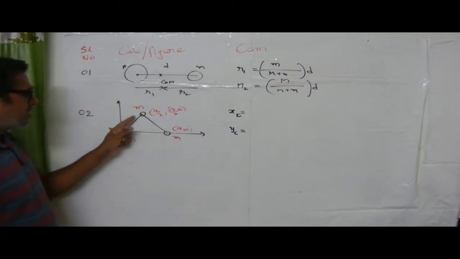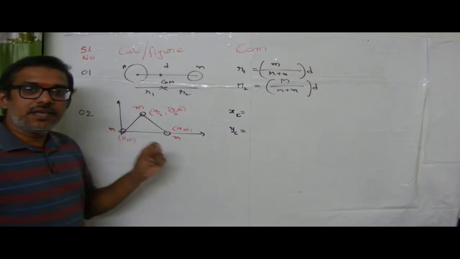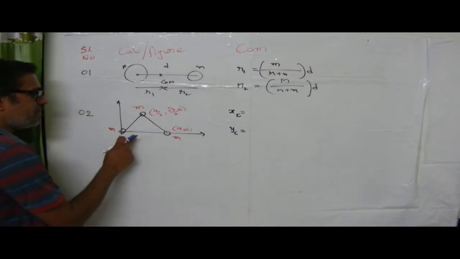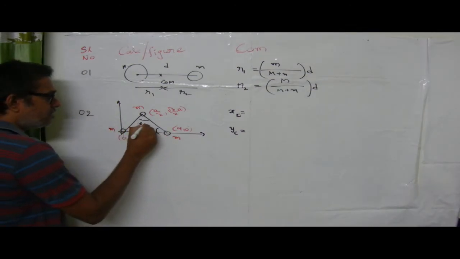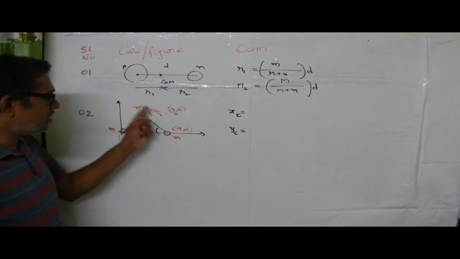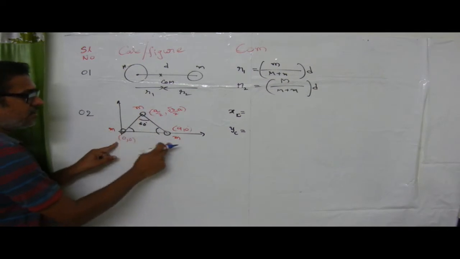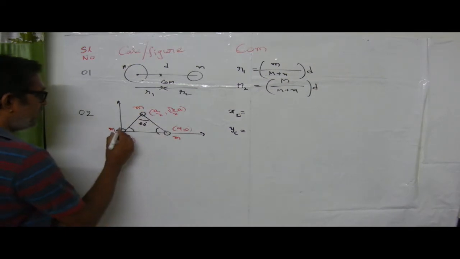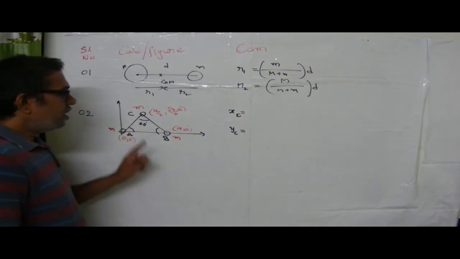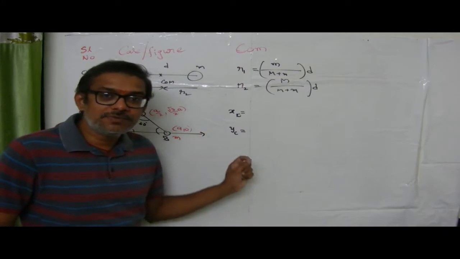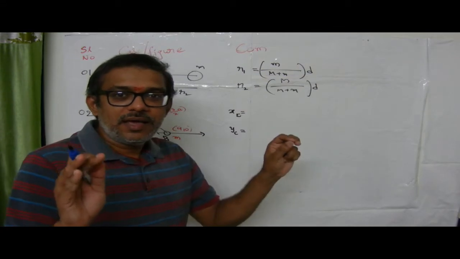If three masses are arranged at the vertices of an equilateral triangle. What is an equilateral triangle? An equilateral triangle means the sides are always equal and inclined at an angle of 60 degrees with respect to each other. All sides are equal. According to the figure, all identical masses m are located at three positions. Now, let us consider this position is A, this position is B, and this position is C. Don't write the formula m1x1 plus m2x2 plus, don't write such kind of formula. Okay, try to apply common sense.